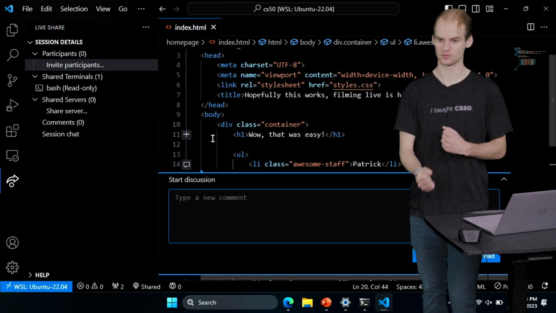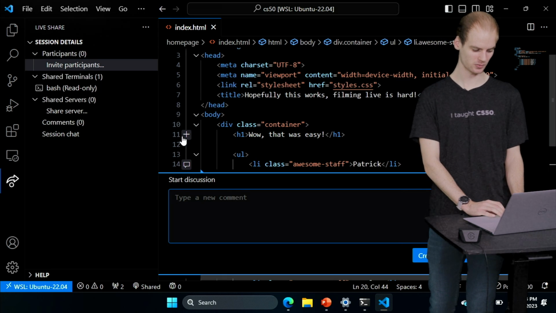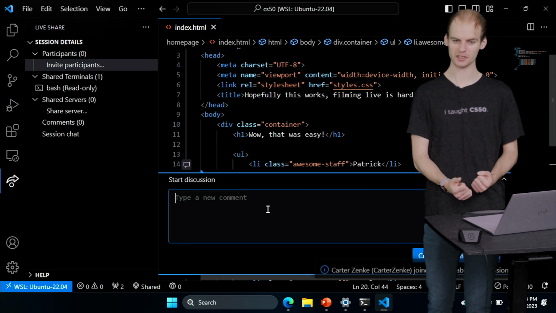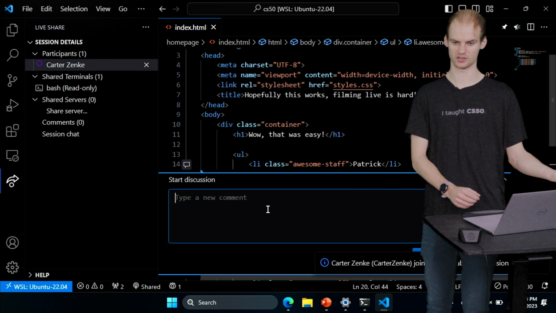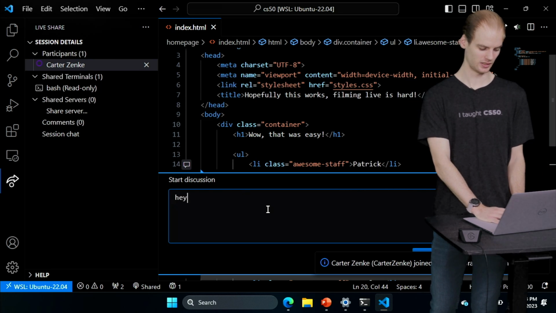Even before he's joined, I think he's still working on finding the link, you're now going to notice that to facilitate discussion and working collaboratively, there's a button on the left where I can say start discussion. And I can create a comment thread. We just saw Carter has joined on the left, which is cool. And so I can say, hey, Carter,